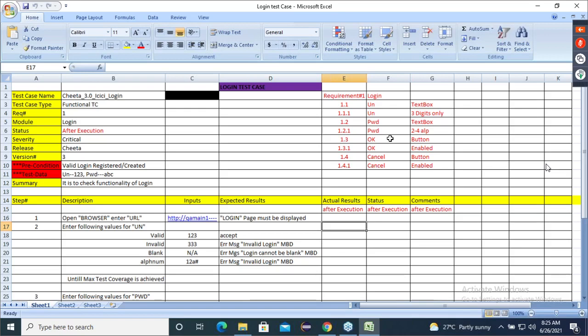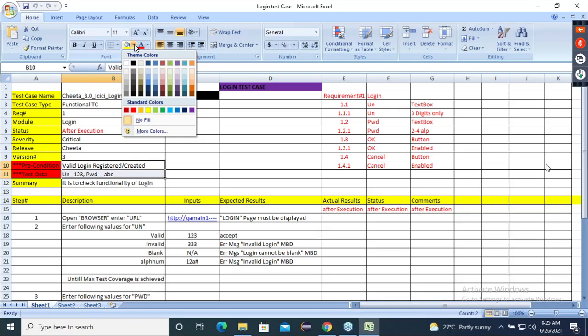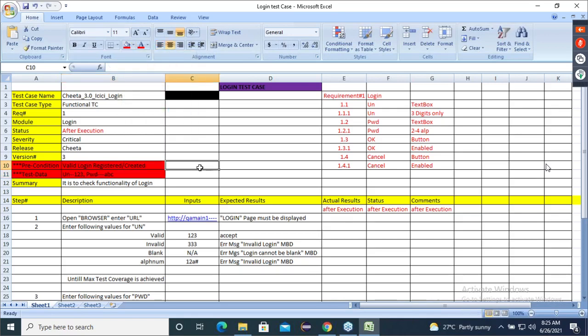Think like this. So now what happened, guys? As I said, precondition and test data are not there.